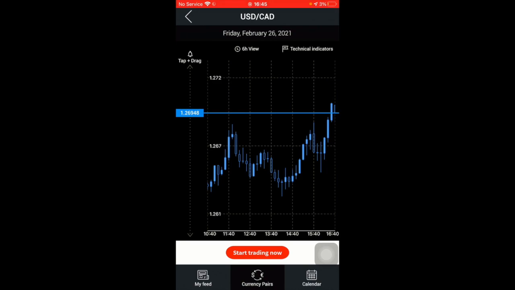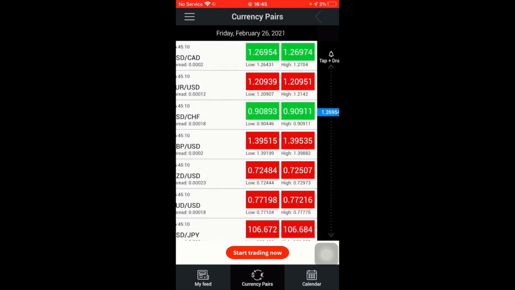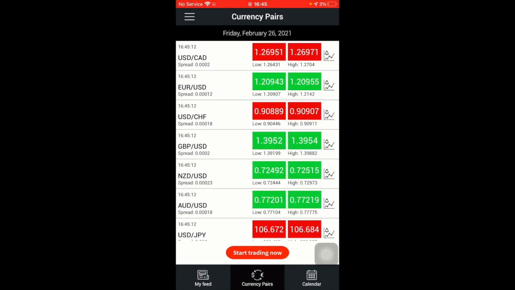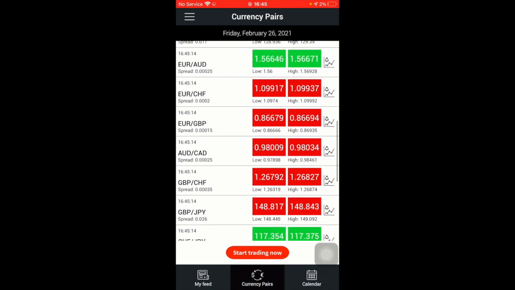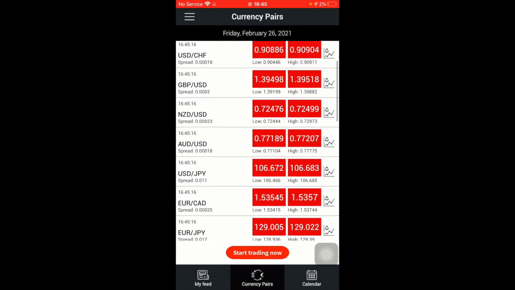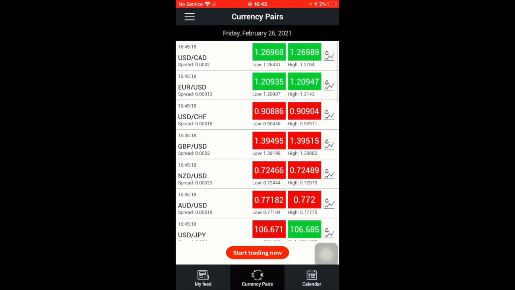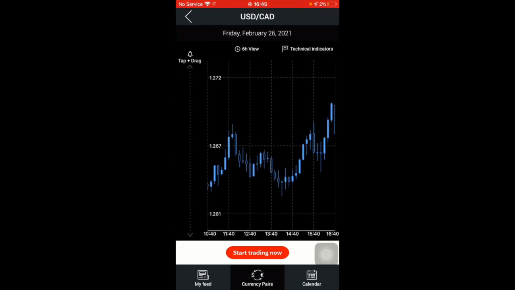The only downside of this one here is that it only allows you to use these currency pairs, so it doesn't allow you to add any more currency pairs. That's why the Swiss Forex app, I believe, is better for price alerts, because you can add whatever you want. But you can also add price alerts here. So let's use the example of USD CAD, and if you wanted to add an alert for the USD CAD,